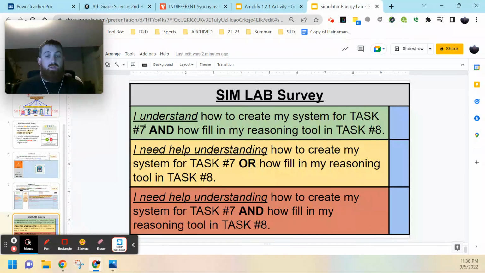Go ahead and fill out your survey. Do you understand how to create your system for task 7 and how to fill out your reasoning tool for task 8? If you have questions, reach out. Otherwise,